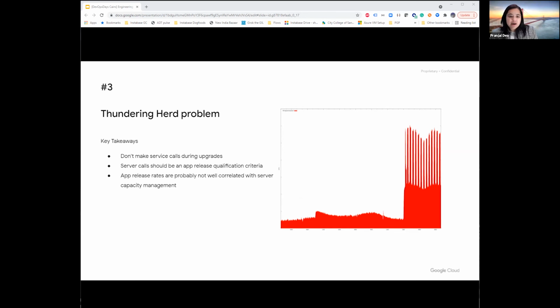In terms of release management and uptake rates for installation, we created a new principle. Mobile apps must not make service calls during upgrade time, and releases must prove via regression metrics that they haven't introduced new service calls purely as a result of the upgrade. If new service calls are being deliberately introduced, they must be enabled via an independent ramp-up of an experiment and not a binary release.